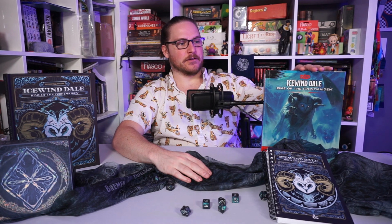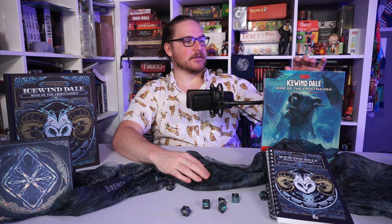So my initial impressions are, this feels good. It feels like it could be one of the better adventures that Wizards have made, and the art is so good. The art is so good. The art's always good, but the art's really good here. I do wish there was some gimmick to this one, like the tavern from Waterdeep or the cars from Descent to Avernus. There doesn't really quite seem to be a gimmick